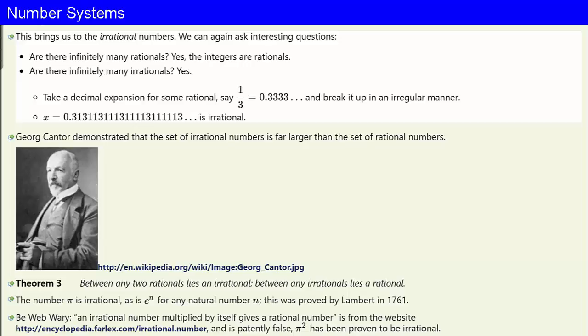We can again ask lots of interesting questions about these numbers and numbers in general. Are there infinitely many rationals? Sure, the integers are already rationals. Are there infinitely many irrationals? Using decimal expansions, the answer is easy to see. Just take a decimal expansion for any rational, say 1/3, which is 0.333...